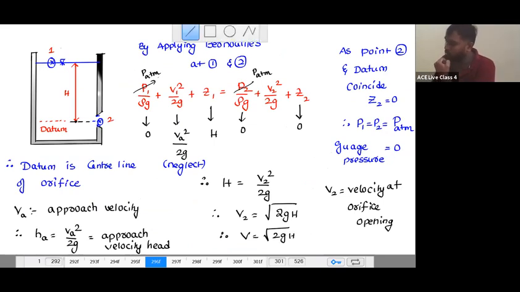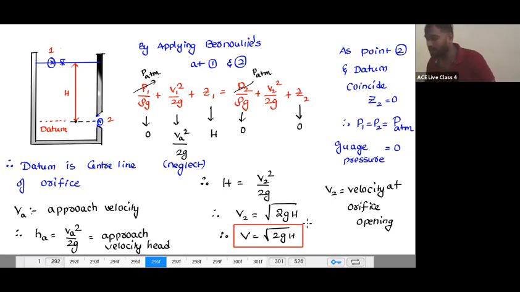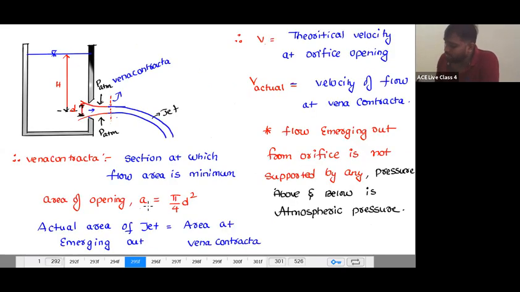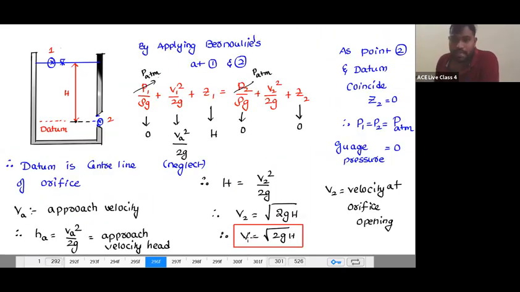So I hope you remember this equation. This is also known as Torricelli's equation. And this equation holds good for every flow. See, I am going to apply it everywhere. What I have done is simply, this is the starting of the flow and this is the flow emerging out. So this is the velocity at the orifice opening. And now, once I know the area of the opening A, and what the velocity V is, we are going to find out